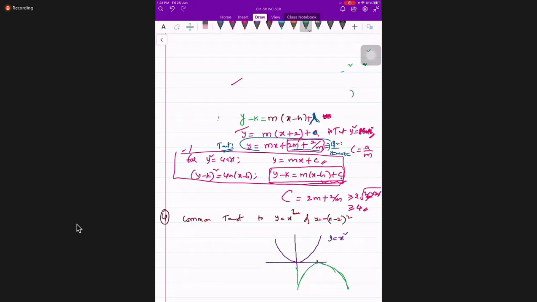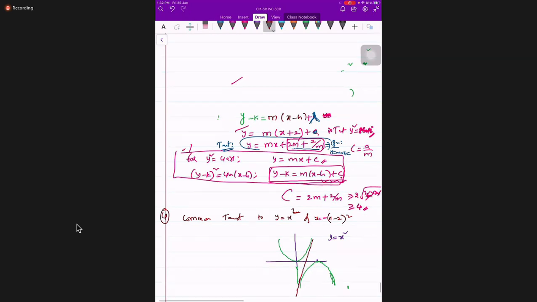Yeah, but one is there, and you need to see the options, right? Not only that, you'll have another one also. The other will also be a common tangent. Is it true, students? After checking this diagram, y equal to x square, and one more parabola is this. Got it, students? As per this diagram, the common tangent is the x-axis. But as per the options, there is a possibility of having one more curve also. Correct or not?